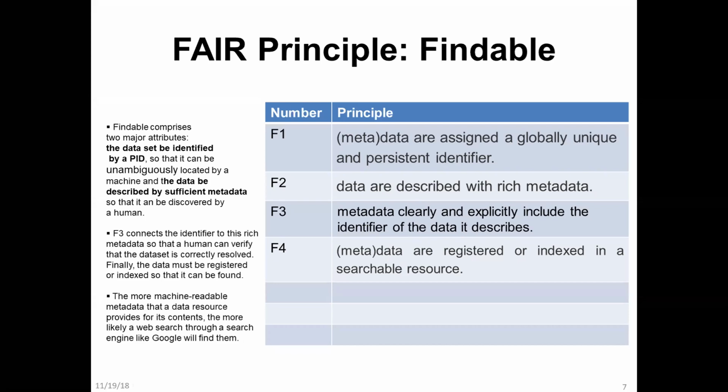Google, Yahoo, etc. If your resource, data, or tool is not indexed, it will be difficult for the search engine to find it. So this is the FAIR, and I put more text for you, like the unique identifier, and all this more text for explanation of this